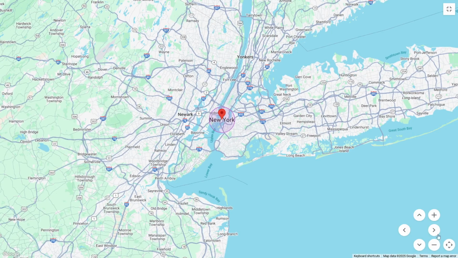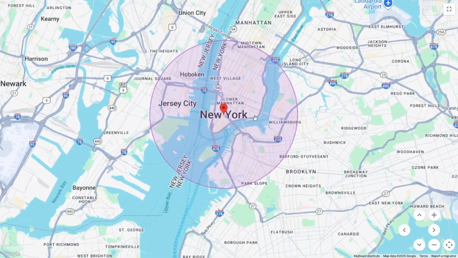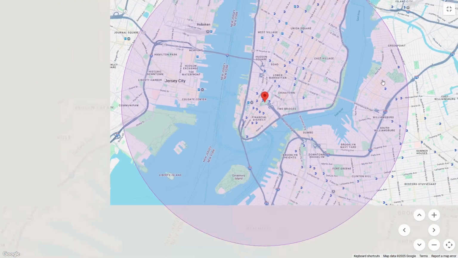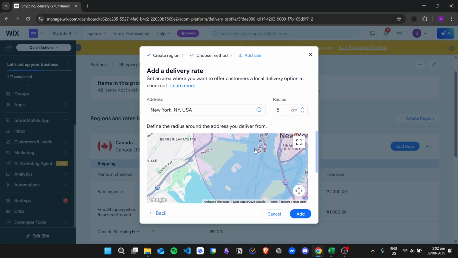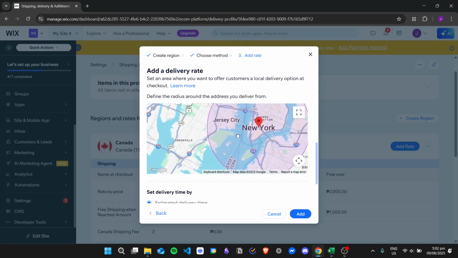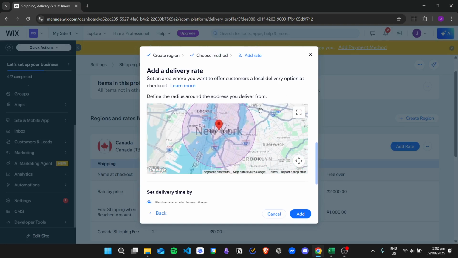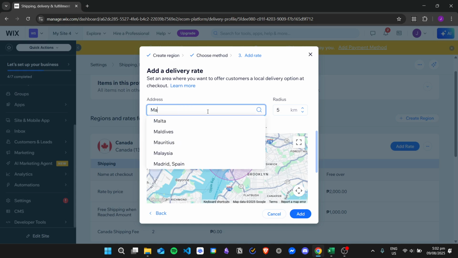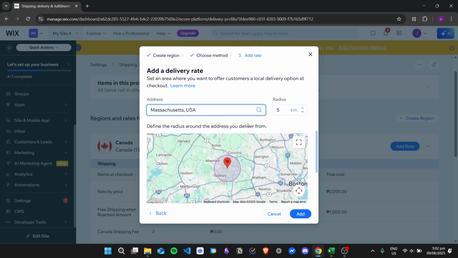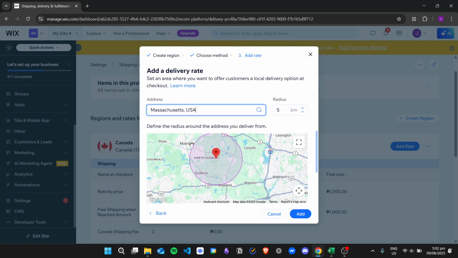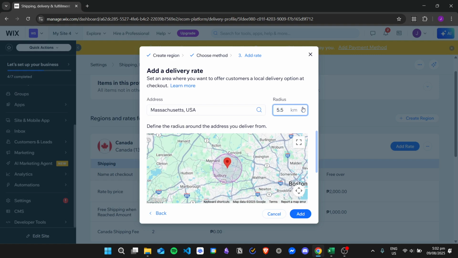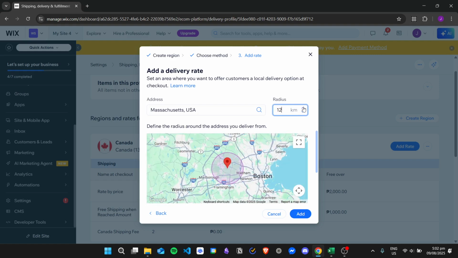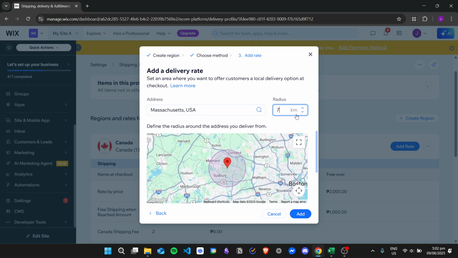location right here. So here is New York, and then we can just exit this. And then if you want to change the region, you just need to change the address right here. So for example, Massachusetts, USA. So it just pins the whole state right here. And then you can just change the radius right here if you want to change the delivery range of your